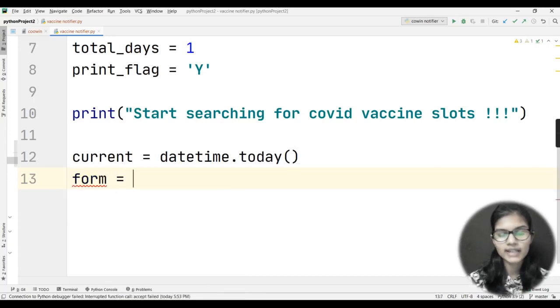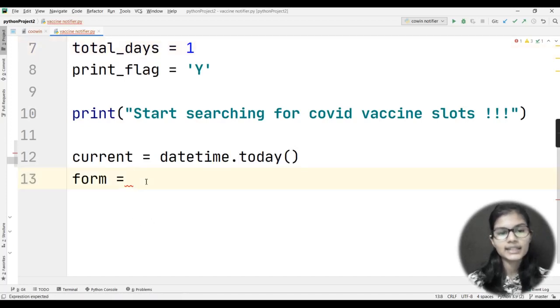Now I would again make another variable, and that is form. Why would I be making that? Because I mentioned that from here, that is total_days, you want to check for how many days you want to know the available slots, right? Let's say here I just took the example one. Let's say you are writing this program with me, and you have taken here 5. So you want to know for 5 days what the available slots are.